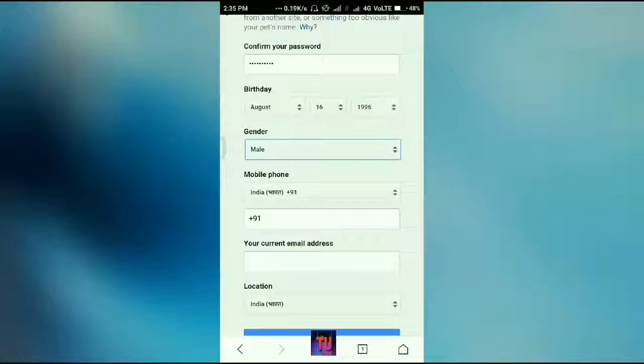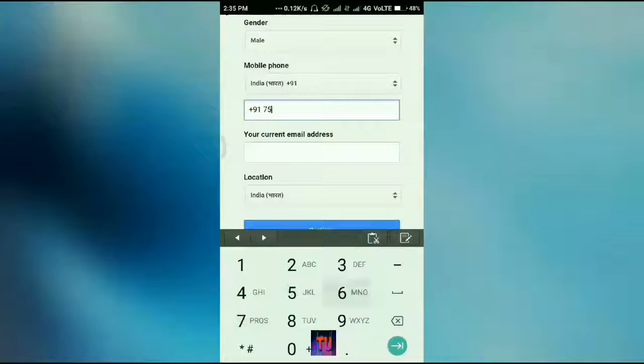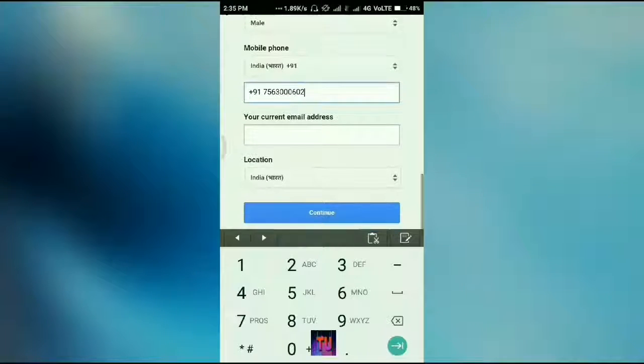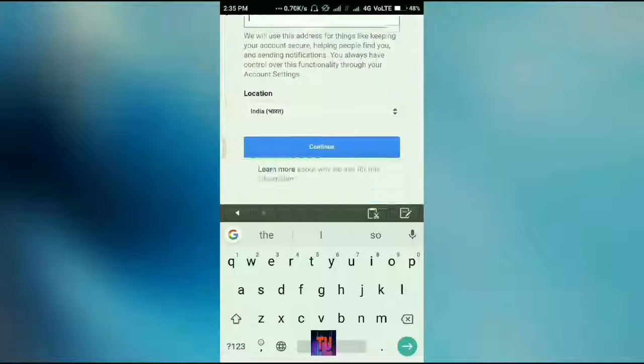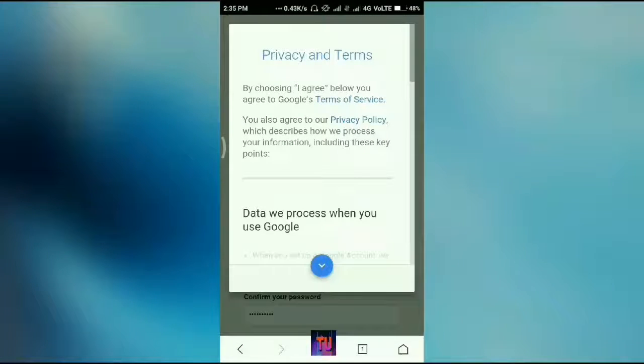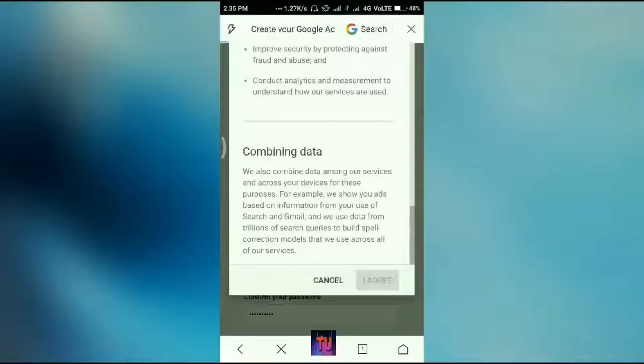So India is automatically here, so I'll leave it and type your number and then type your current email if you have. If you don't have, then continue and the process will begin. Here agree and then